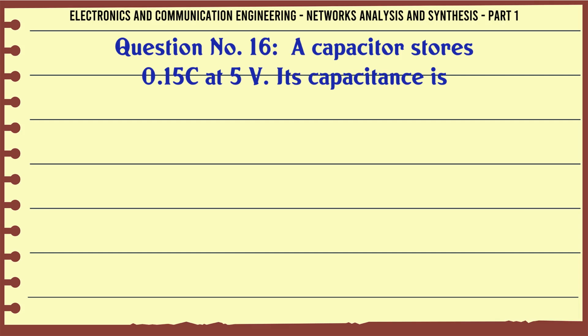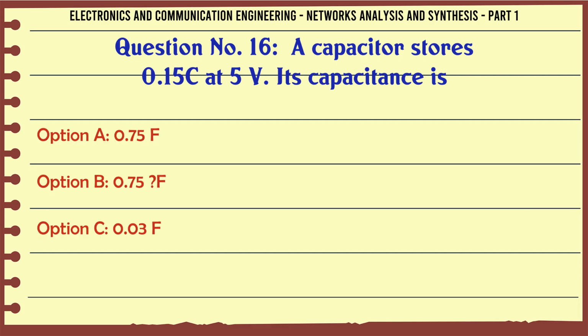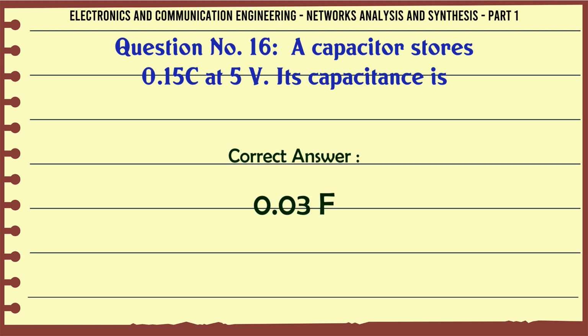A capacitor stores 0.15 C at 5 V. Its capacitance is A. 0.75 F, B. 0.75 F, C. 0.03 F, D. 0.03 F. The correct answer is